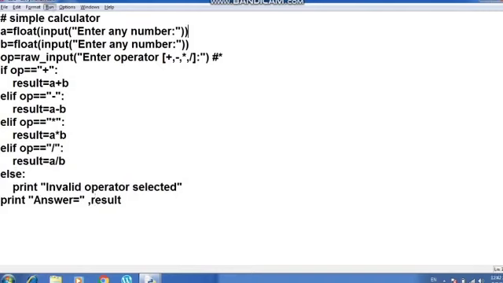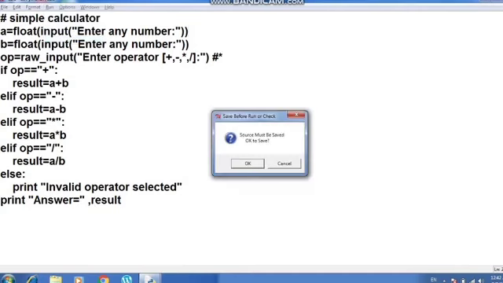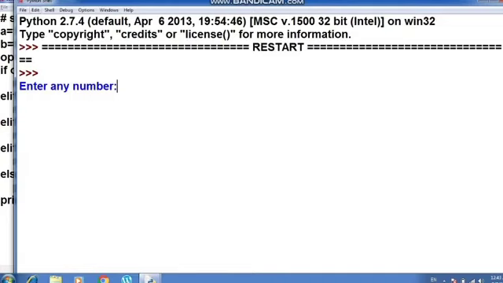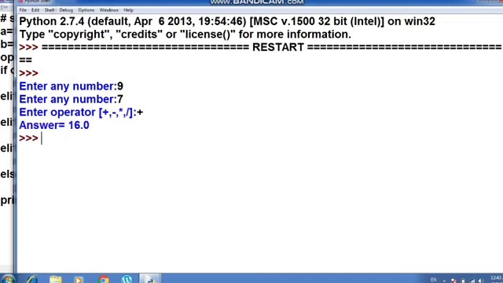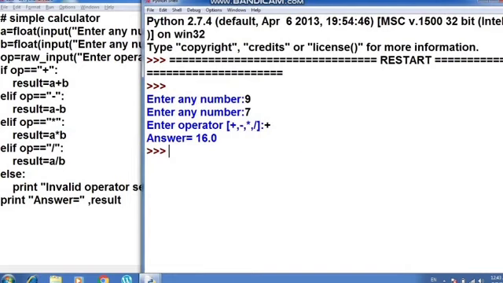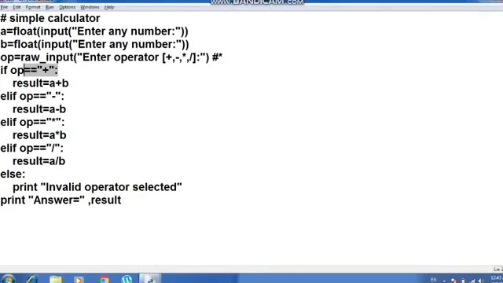I will execute the program once more. You can see here how it works. Let's choose some other operator. Okay, so I'm entering here, suppose, 9 and then again you can see that I'm entering the number 7. So let's choose some other operator. I'm choosing here plus, pressing enter. You can see that it has given me the answer as 16 because the condition goes true at the first statement only, at the first moment of time.